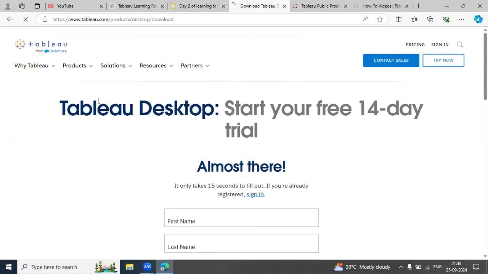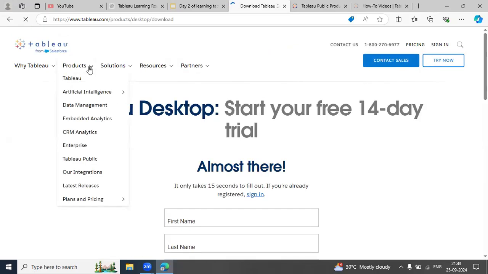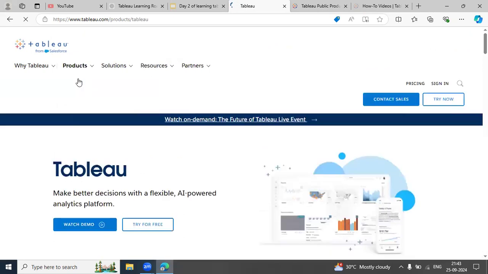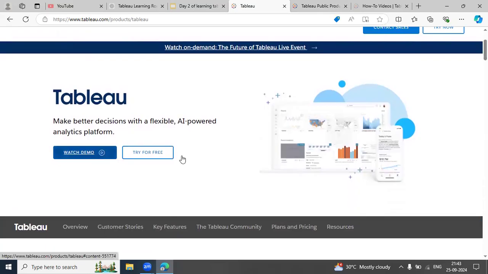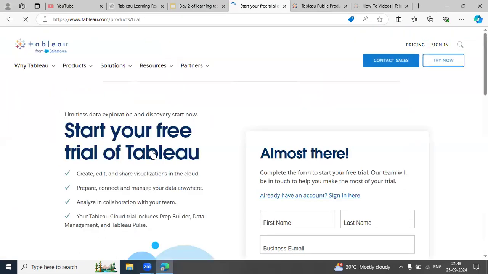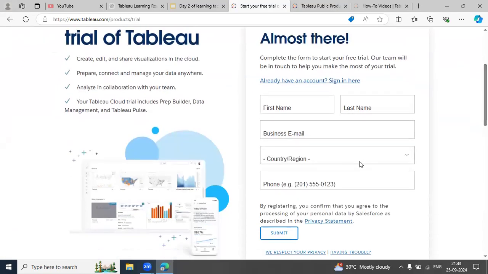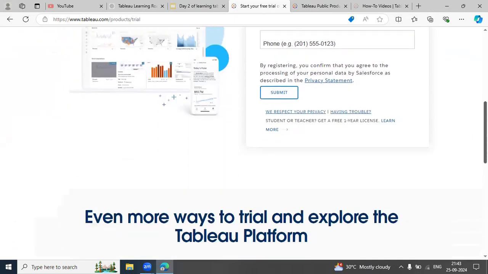And here you can see in the product drop down, we have the option Tableau. So we have to click on that. If you want to try it for free, we just have to click on that. And for that, we have to fill in this form and then submit it. After submission, it starts downloading.